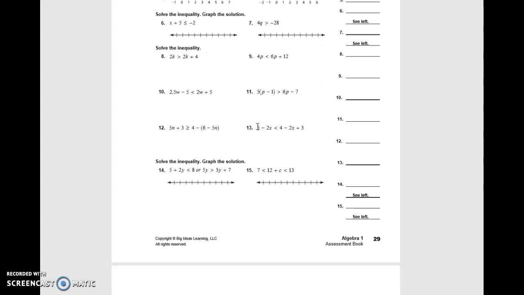8, 9, 10, 11, 12, 13, kind of the same thing. So you got to solve, except now you're not graphing for these. And I will tell you from 8, 9, 10, 11, 12, and 13, there's 1 no solution and 2 many solution